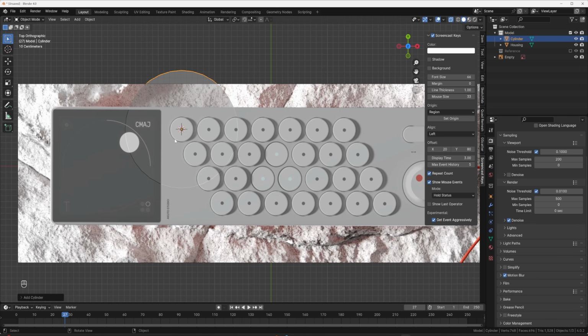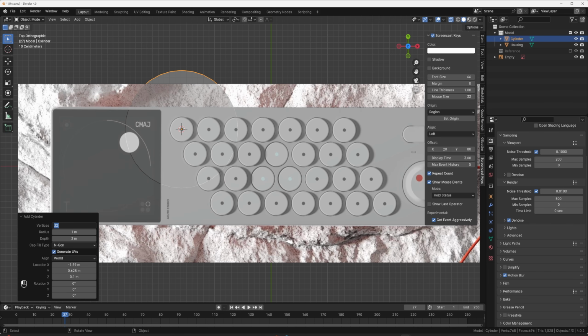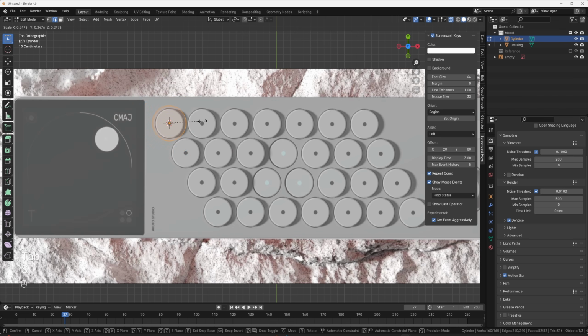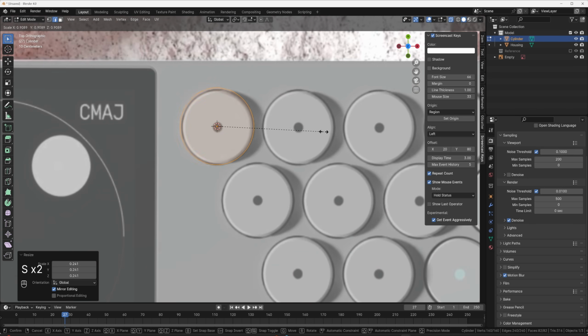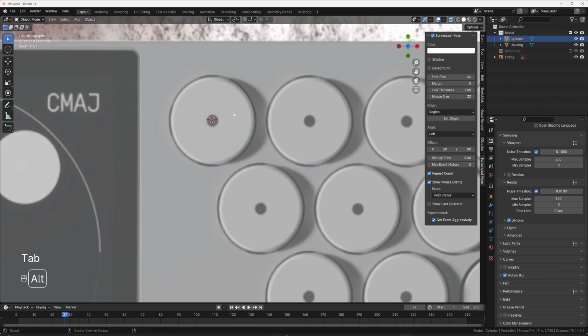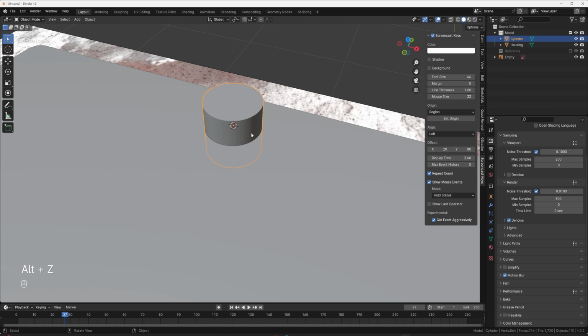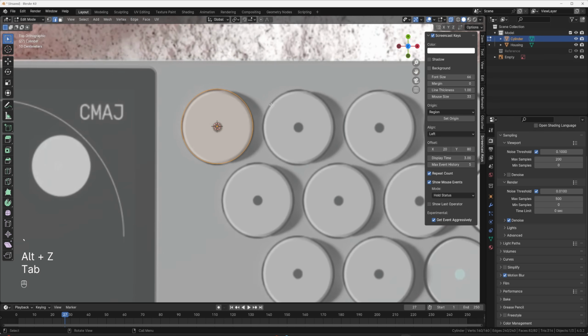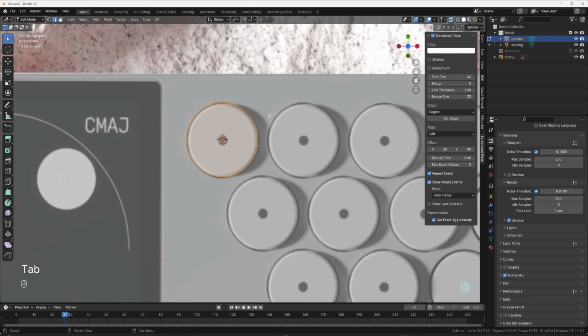And because we're going to use this for a Boolean and we want this edge to be pretty sharp without using a lot of subdivision, I want to use a lot of segments in this. So we're going to crank this up to something like 80. And then I'm going to tab into edit mode, just scale this down to the right size. We're wanting to do the outside edge of the hole. It's kind of hard to see with these colors, but Alt-Z, it's easier to do it in tab. And so that looks really close to me.